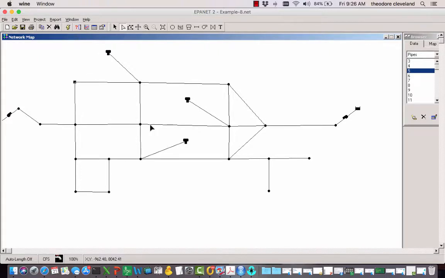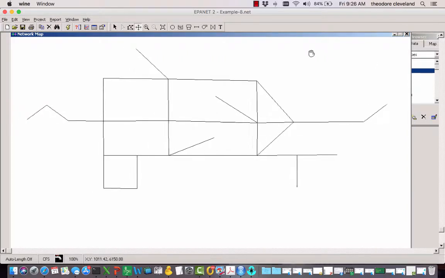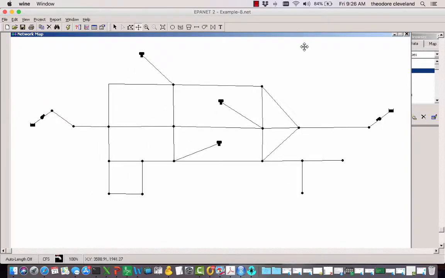I'm cheating because it looked like whenever I built the network, I didn't include that corner node. All right, let's see what we can do in terms of getting everything to fit. There we go. So there's pretty much that system. Let's go here and check